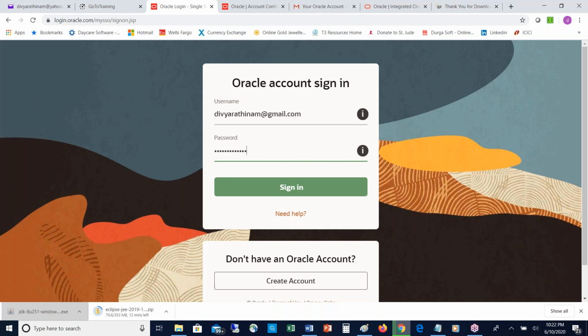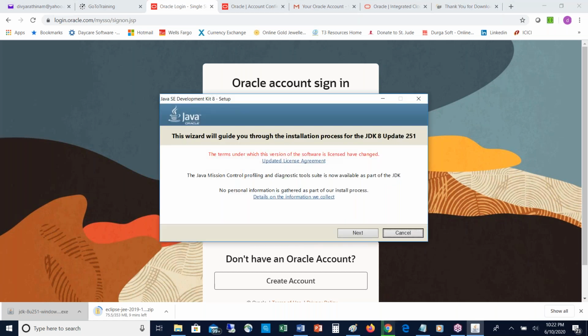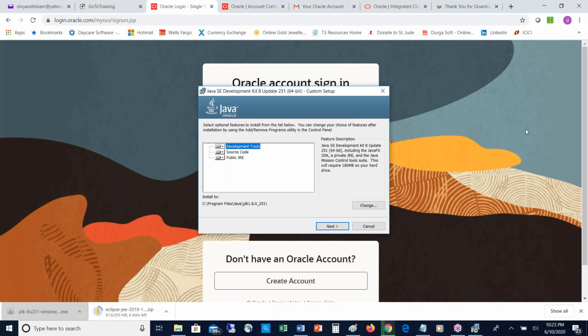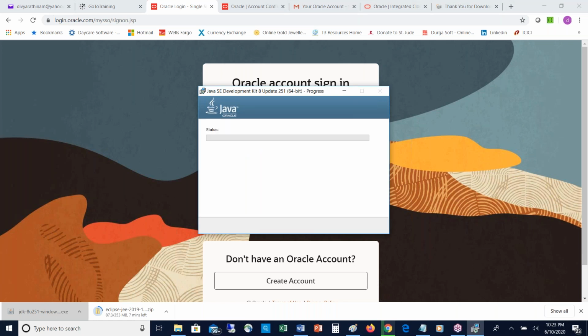Using Java we can develop any code using IDEs like Eclipse. As I said yesterday, there are many IDEs: Eclipse, NetBeans, IntelliJ, Visual Studio, and so on. Click on the next button. Now see, the first one is executing: C program files, Java, JDK is getting installed. Click on next. Soon after, it will ask whether you want to install JRE, in the same path. You can click on next there as well.